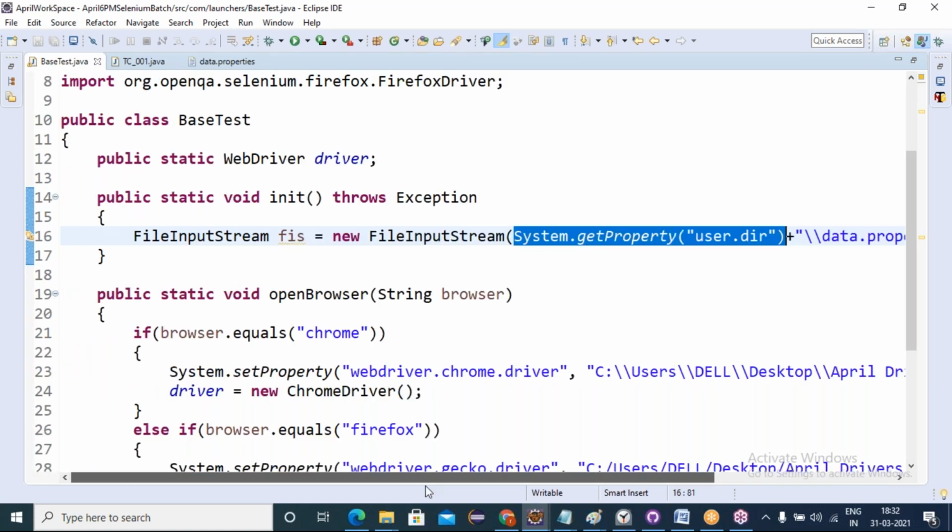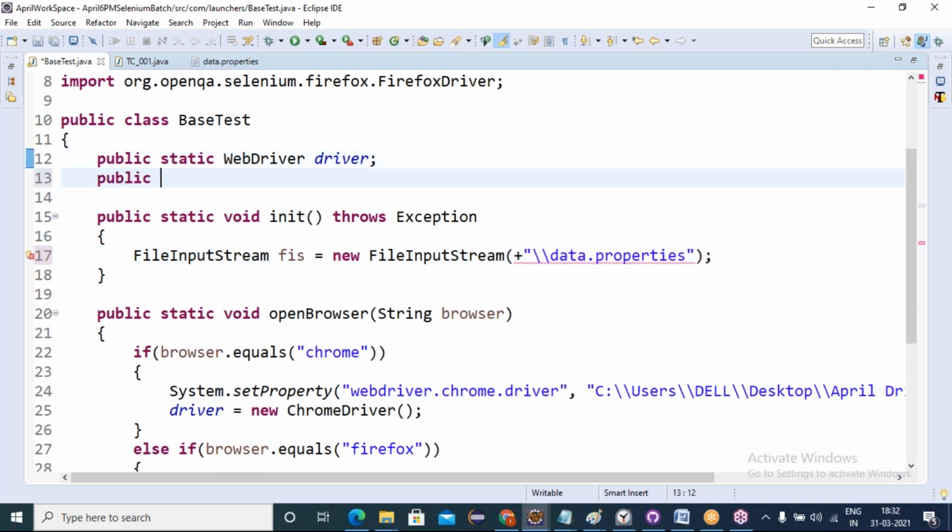Friends, this same project root directory I will use elsewhere. So I will declare it in one variable: public static String projectPath.